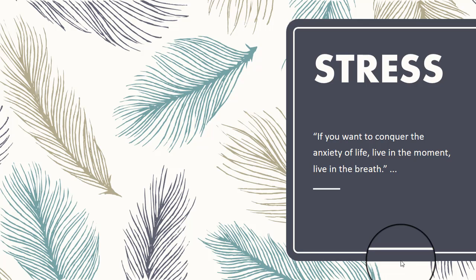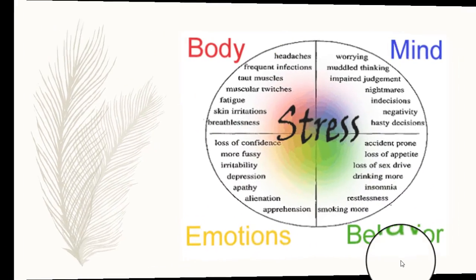symptoms of stress. Then we will discuss factors that influence stress intolerance, then GAS, that is general adaptation syndrome. What is general adaptation syndrome? And then we will discuss the ABC strategy, what is the ABC strategy. And finally we will discuss how you can manage stress in your life. So what is the management of stress? And at last we will give a conclusion. So let's start our today's topic, that is stress.